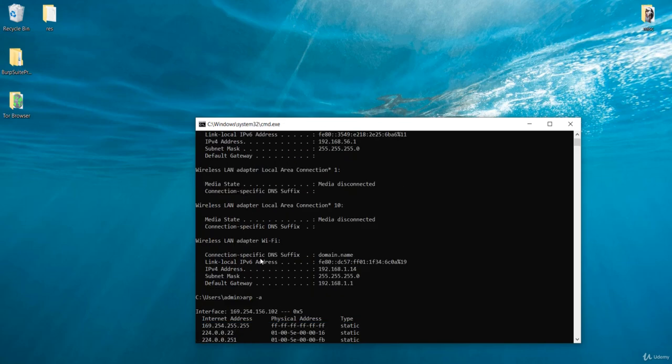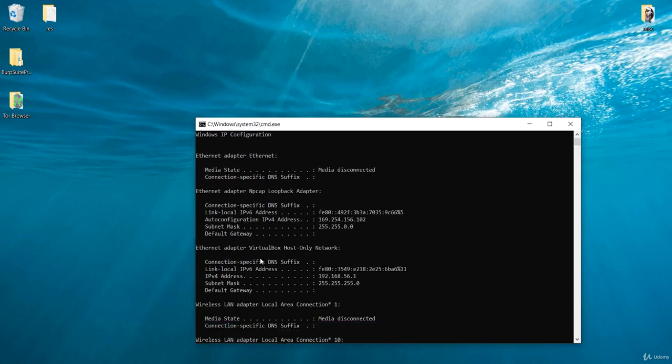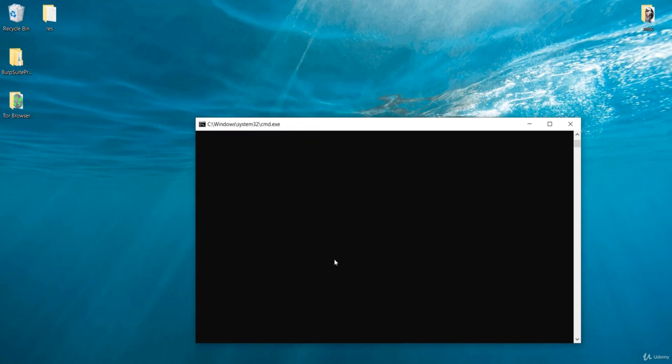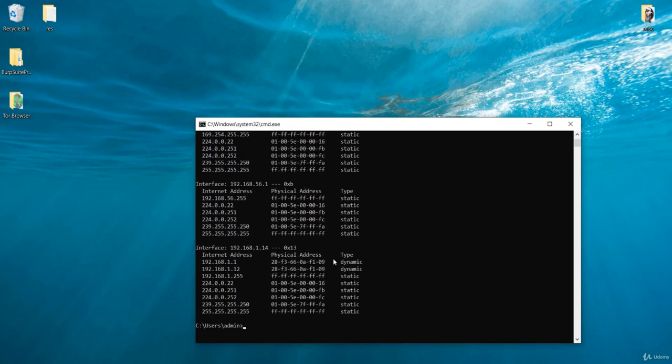now the MAC address was something different before. But now if you clearly see in this Internet Address, which is our interface, this is showing that the MAC address is right here. So you could see the interface had changed the IP address and it had changed this MAC address right here. If you see with this ARP table, this MAC address is not the original MAC address of this Windows, but this MAC address is the MAC address of Kali.